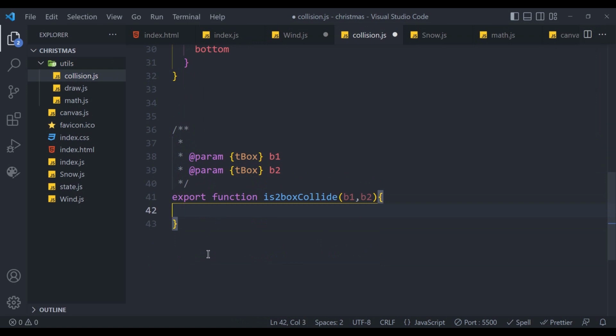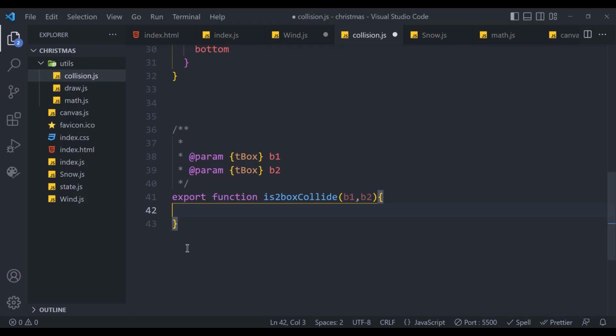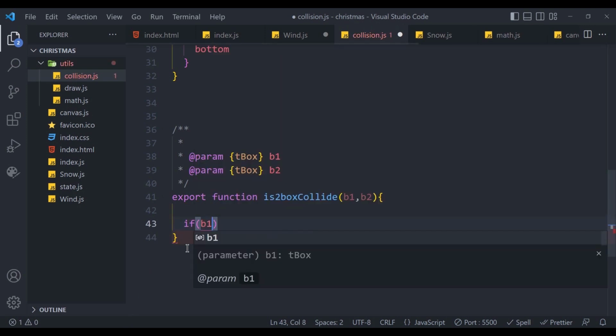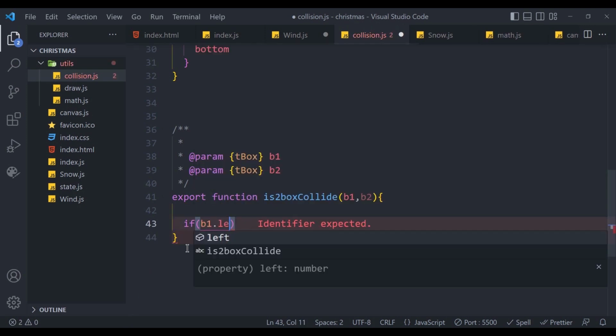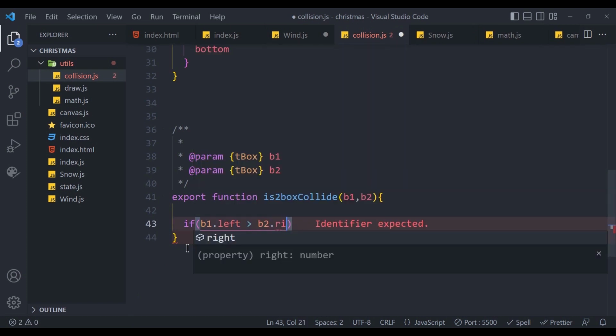Let's go back to our drawings, and this condition renders no collision at all. So we have left, top, right, bottom. I'm going to say if b1.left is greater than b2.right,